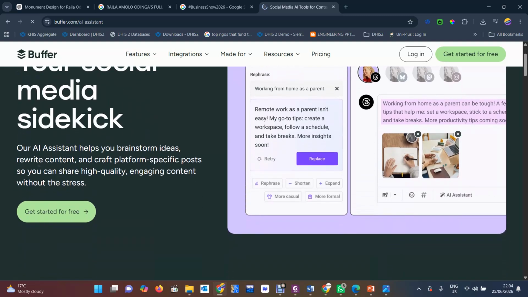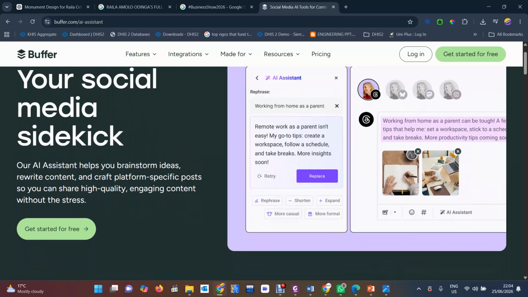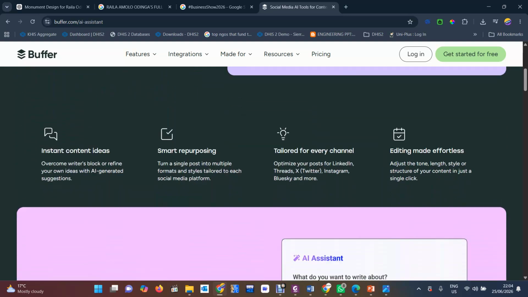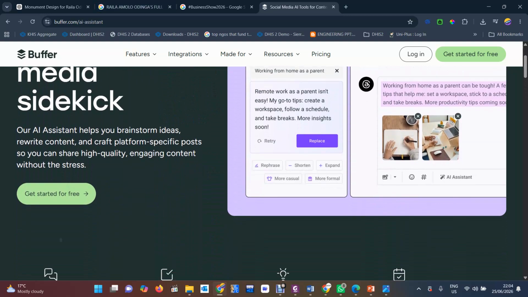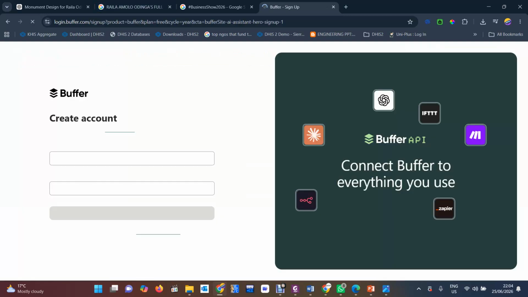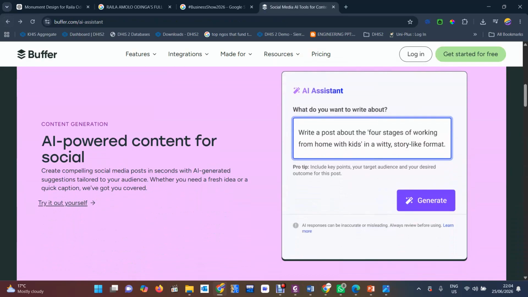It can help you market and follow the trends and identify for you what is needed. Then you can easily market what is instantly related to what you need. So it creates compelling social media posts in seconds with AI generation. For example, we ask it here, and then you post. We say get started, and it will ask me to log in first. Let me see what is possible here.